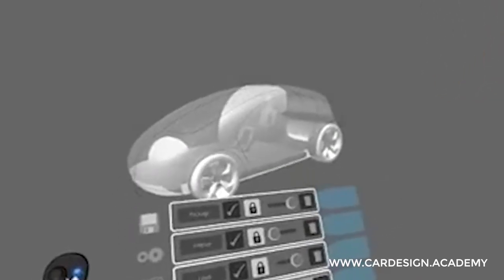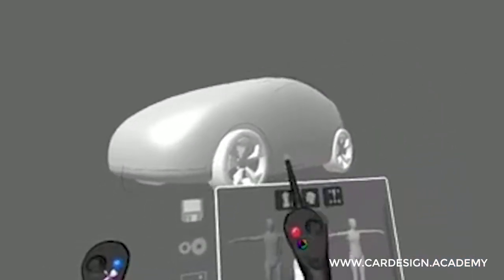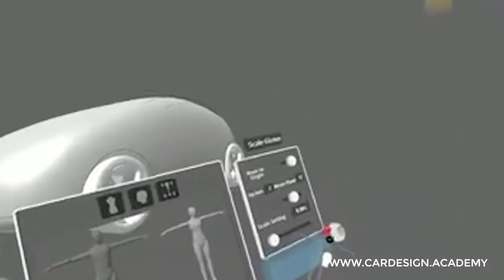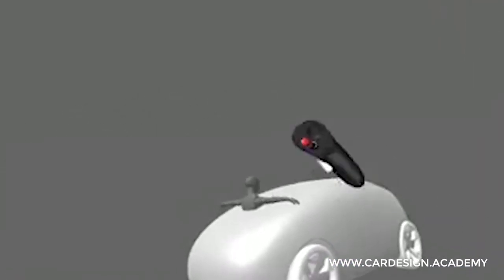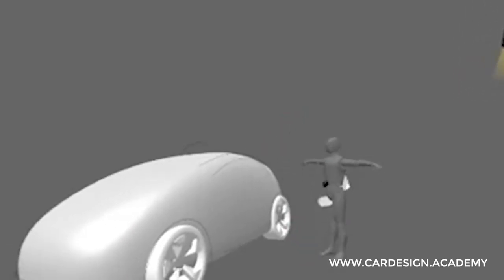Or just having the exterior and the mannequin could be good. But it could also be, in a user experience type of scenario, you want to have someone standing next to the car,